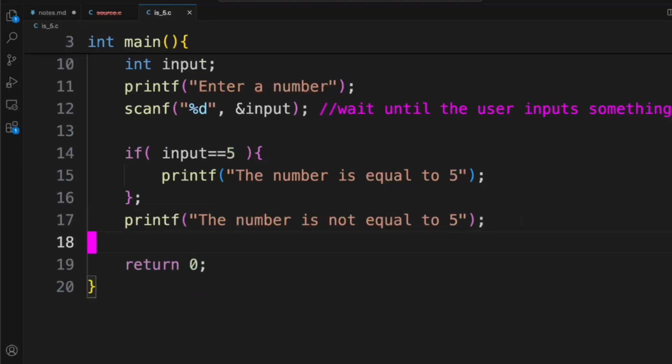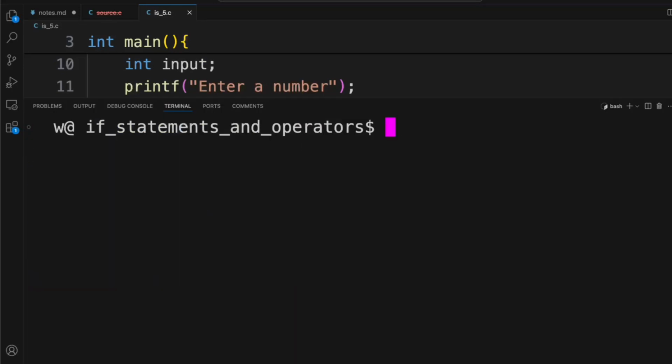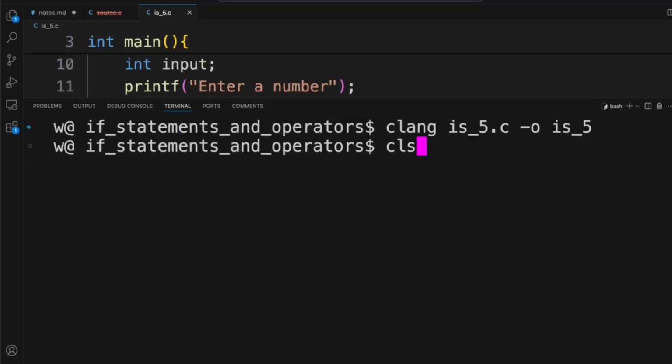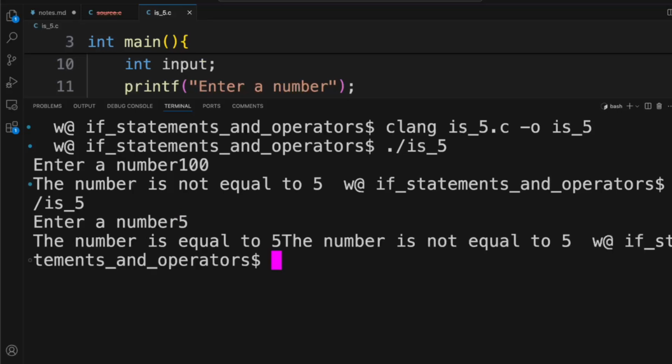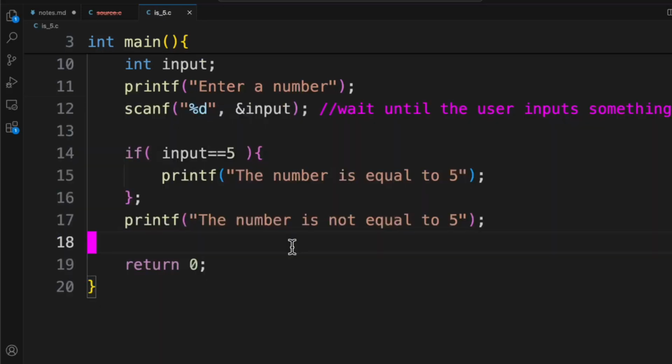So if we just had this and we compiled, if we put 100 again, the number is not equal to 5. But if we put 5, then the program is going to print both statements: the number is equal to 5 and the number is not equal to 5. So if we do get a value 5,